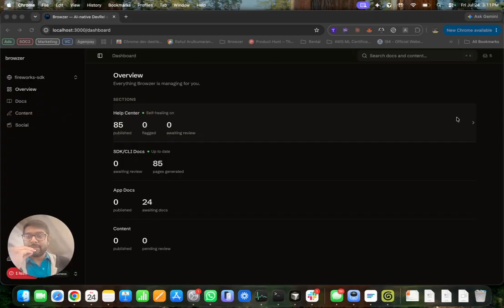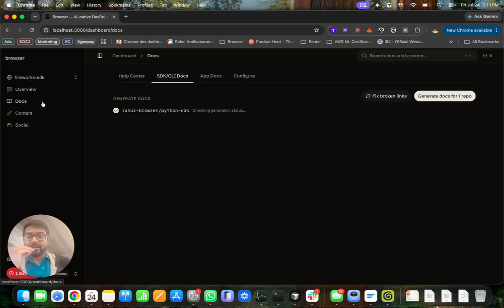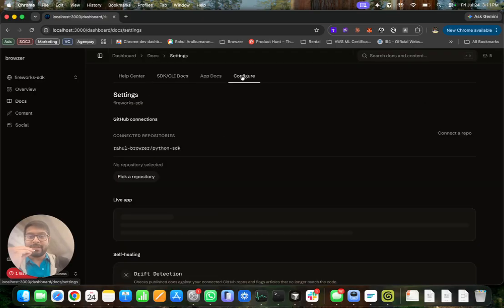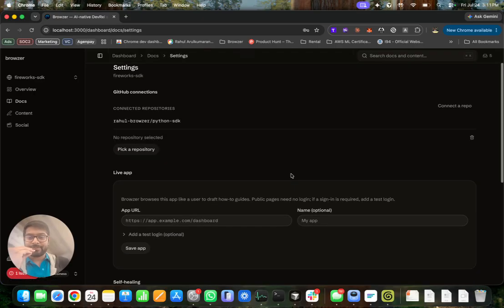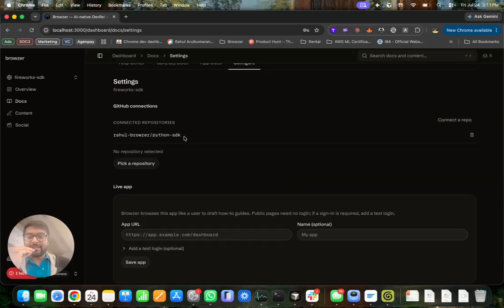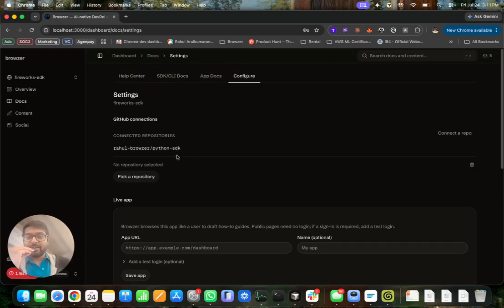So in this video, we'll be going through a quick demo of how Browzer works. First things first, you need to configure a GitHub repository. In this case, I've already forked the Fireworks Python SDK and connected that particular repository. To connect a repository, you can just click on connect a repo and select a repo of your